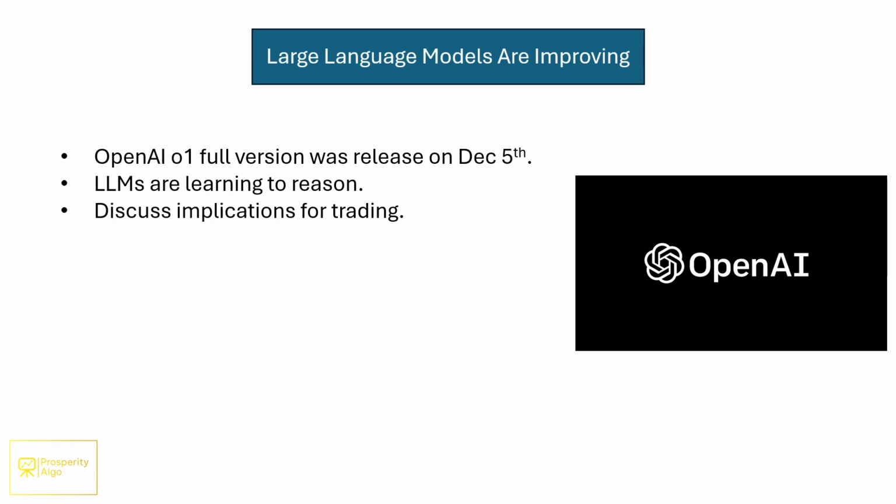So the initial or early LLMs were almost described as parrots to a certain extent. They would just repeat readily available information to you in a well summarized manner. But now we're seeing that this new generation of large language models are learning to reason. And why this is so key is it's making them a lot better at certain areas which directly relate to trading and might actually have a pretty fundamental impact on trading going forward.